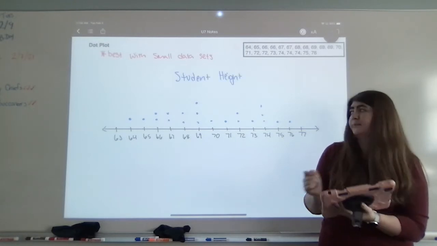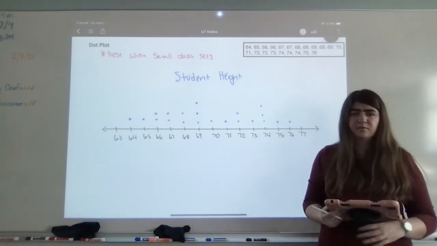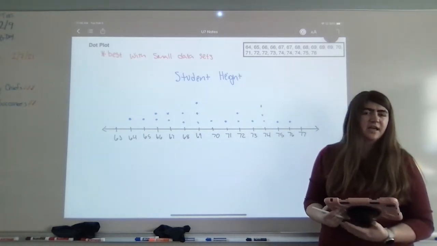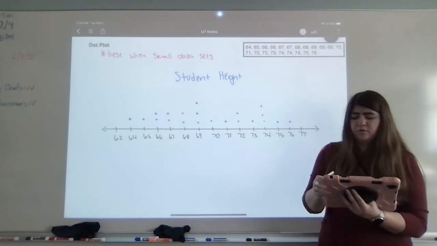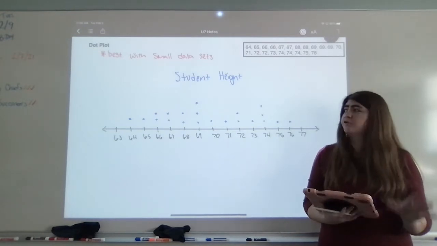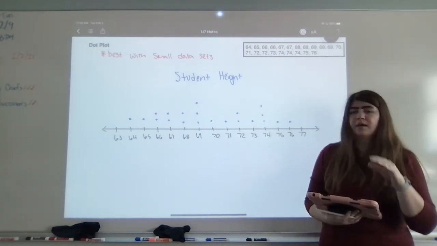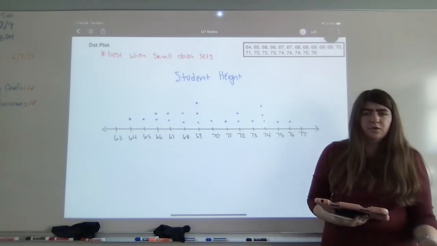And I will go ahead and put that on my other plots as well, so if you're looking at the notes keys, the title will be there. Those are my visual displays. Now that we've created our visual displays and talked about when they're best suited, we're going to go ahead and